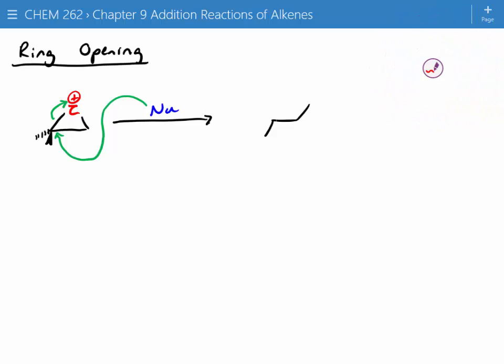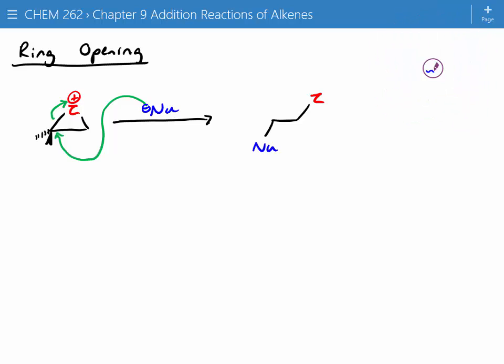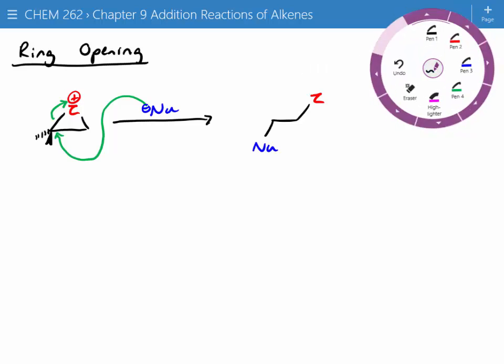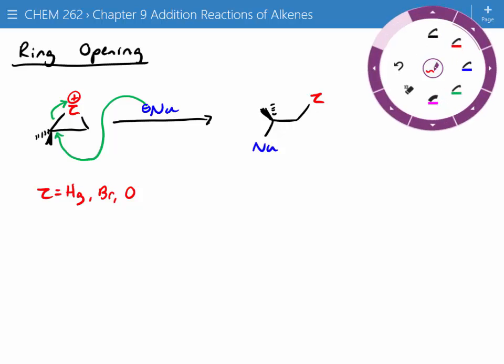So we've got our Z atom that opened up, our nucleophile that added in. I'll keep this negative, that way our charges bounce out. And then we'll have these groups flip open like that. And so in this case, that Z atom can be either mercury, bromine, or oxygen. Right? And we said that our,